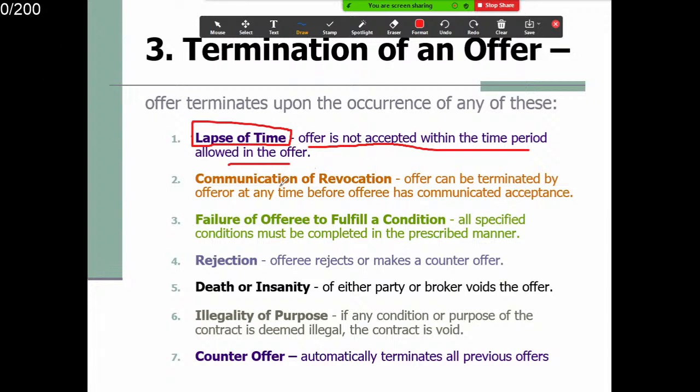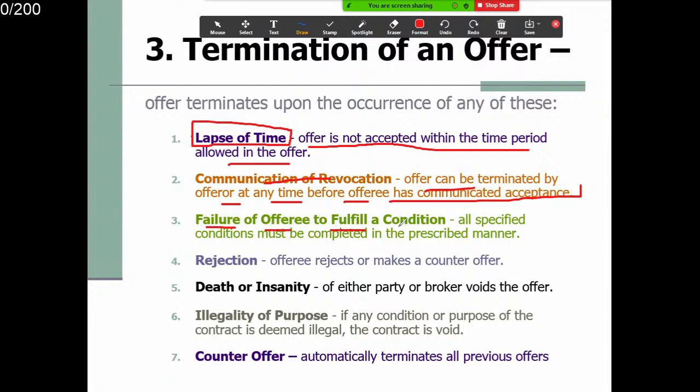Communication of revocation. Offer can be terminated by the offerer at any time before the offeree has communicated acceptance. 这是我刚才说的。给你3天的时间，但是呢，2天之内，我觉得你没有诚意，我就抽回来了，不给你了。